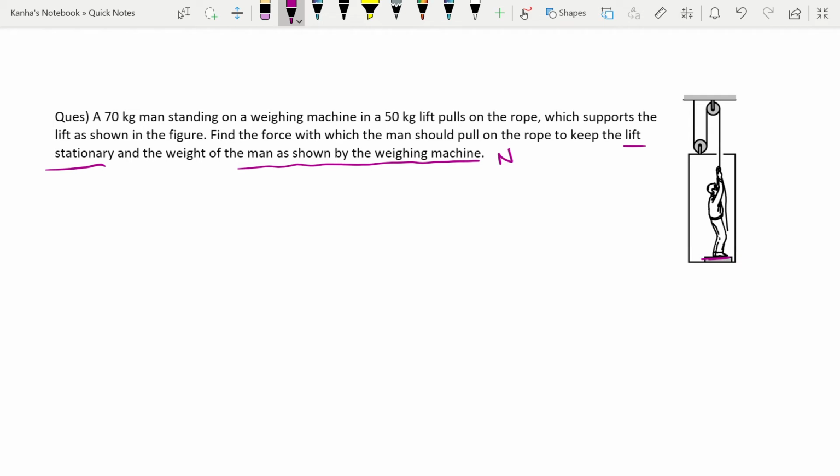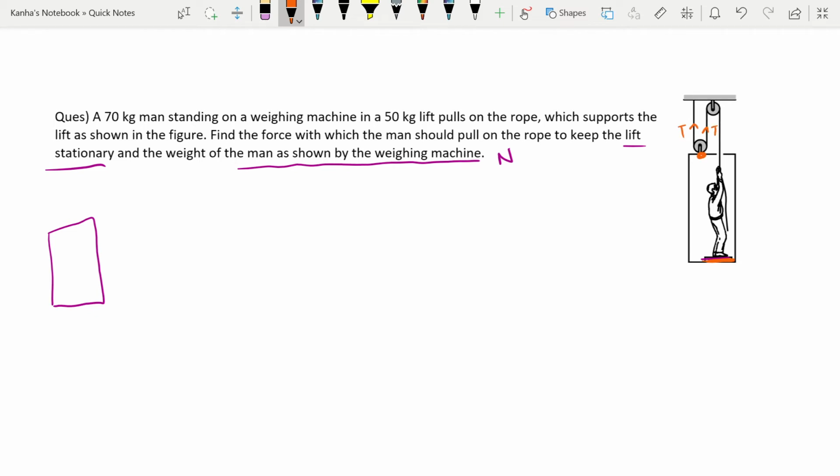So first let's consider the lift. I'll consider the lift as a square here. What contact forces does it have? Let me mention the contacts. The lift has a contact with this pulley here, and it has a contact with this man standing on it. There are no other contacts on the lift. So first I'll make the contact forces for the lift. How do I mention the one with the pulley? This was my tension T.